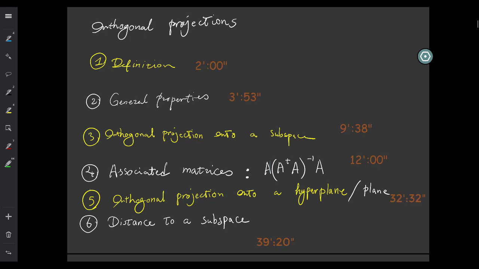If you had the first year linear algebra course with me, then the only topic from this session that I didn't actually cover was section 4. Section 5 is concerned with orthogonal projection onto a hyperplane or intersection of a few hyperplanes, and we can derive an easier formula for that. Then finally, I discussed the distance to a subspace, which is the main point of using orthogonal projections for optimization